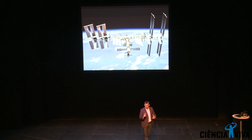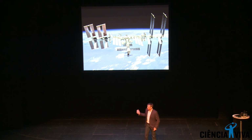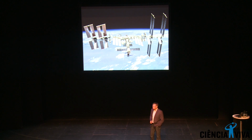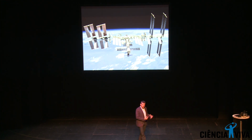And the very first module, the first piece, was launched 20 years ago in November 1998. And then we spent the next 12, 13 years assembling it piece by piece until it became this size. This also means that this year is the 20th birthday of the International Space Station. It took us close to 2 years to get enough modules up there before the first astronauts could move on board. So on the 2nd of November 2000, the first 3 astronauts moved on board the space station. And ever since